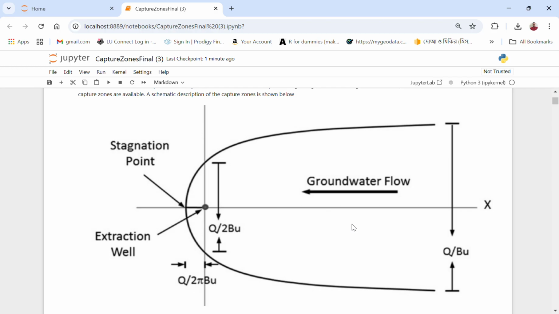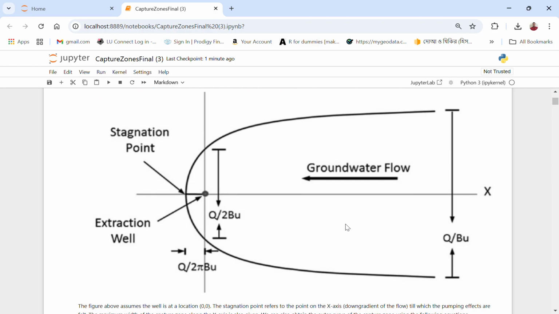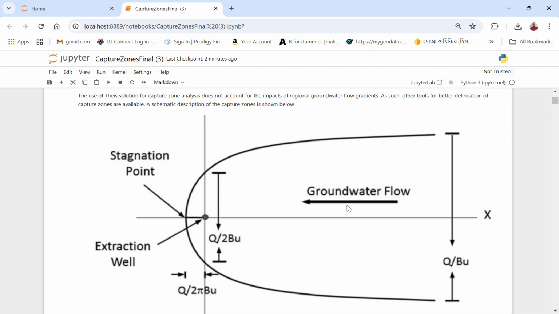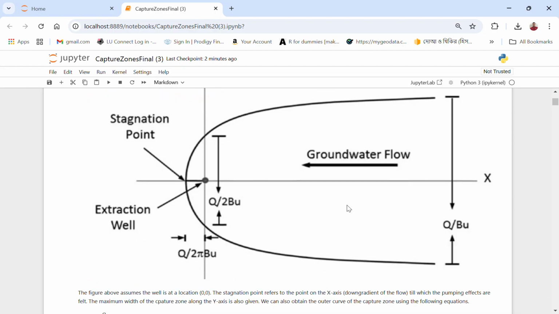This is the diagram of wellhead protection zone. In this assignment, I want to make an outline of what we have already done in this project. We have the data set from our previous class, that is the transmissibility value. We have calculated the transmissibility value, and